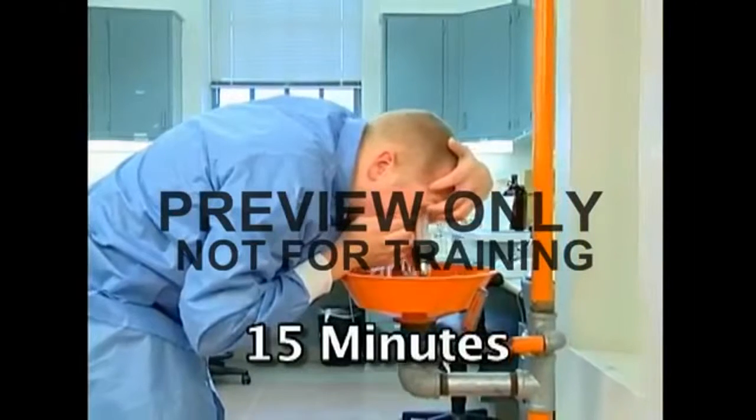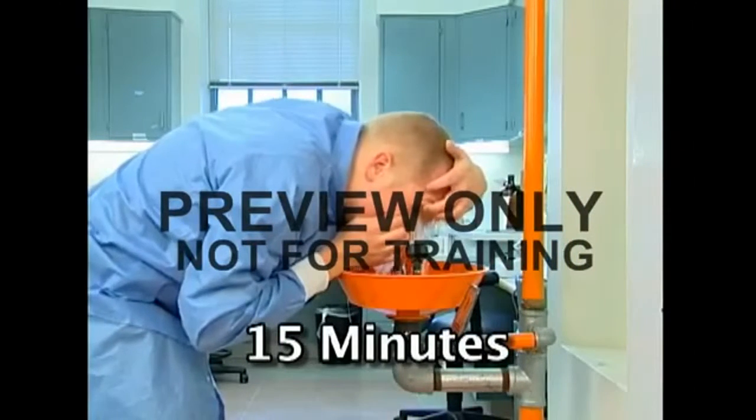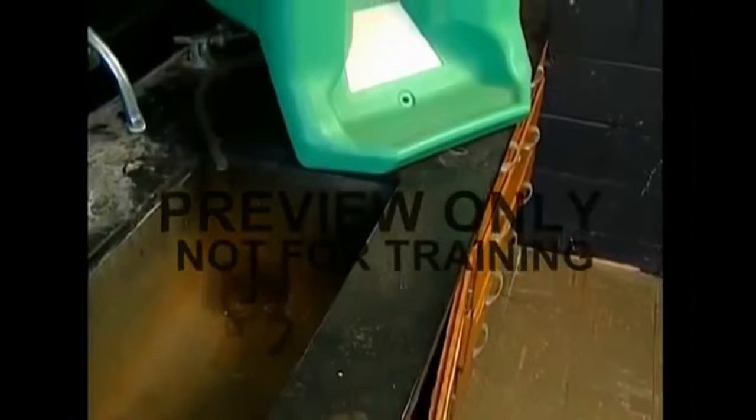The eye may feel better before then, but the damaging effects of many chemicals are sometimes slow acting. Some portable eye